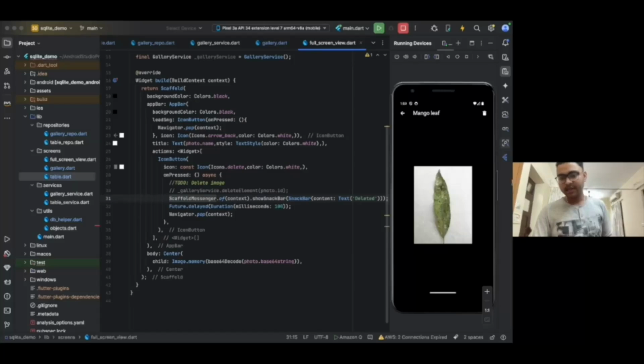So as I come to the full screen view of this image, it shows the name up here in the app bar. Here is my back button, and here is the delete button. There is this genuine concern that when I change my context or change my widget, it must be hard for us. So there is a lot of things involved. But here in database,